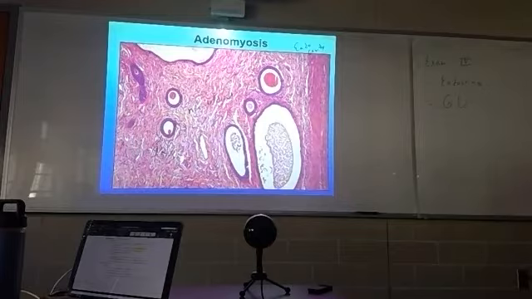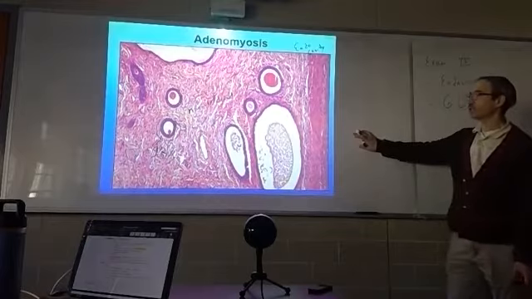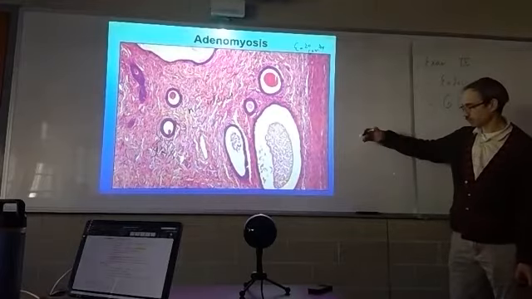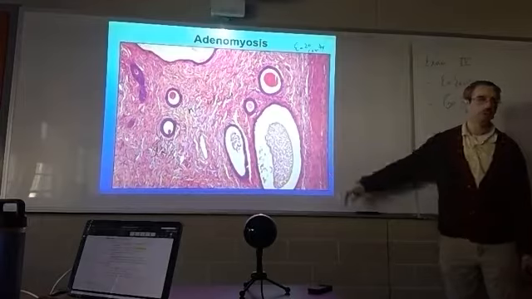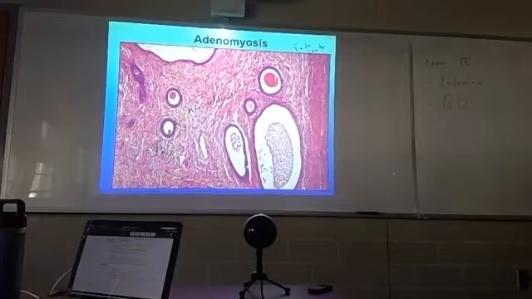A woman has a couple of choices to deal with this problem. One option, of course, is to remove the uterus. We can perform a hysterectomy. If she has a hysterectomy, obviously she's not going to have bleeding. If she wants to retain her uterus, maybe she wants to have kids or something,